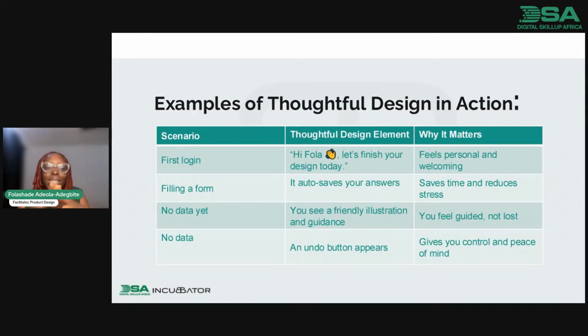It just saves automatically. And Figma is thoughtful. Guess what? You don't need to be clicking save and save and save as you are designing, as far as you have internet. And when you don't have internet, it tells you so that you know that this thing you are designing is not saving, so that you are aware. Not that you finish designing and then discover that it's not saving.